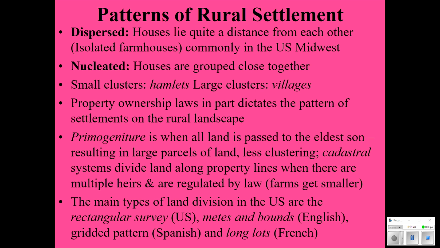And of course, property ownership laws, the land division systems that you see are affected by inheritances. In some cultures, the oldest child gets everything. In other cultures, the land is divided up equally amongst all of the heirs. So that's going to affect the land pattern. Does the land stay in its original state in terms of size and dimensions and boundaries, or does it continuously get cut up into smaller and smaller and smaller pieces? So that will be important to look at on the landscape as well.